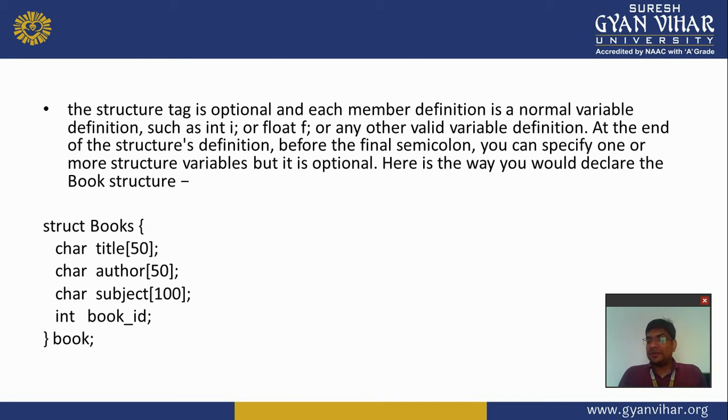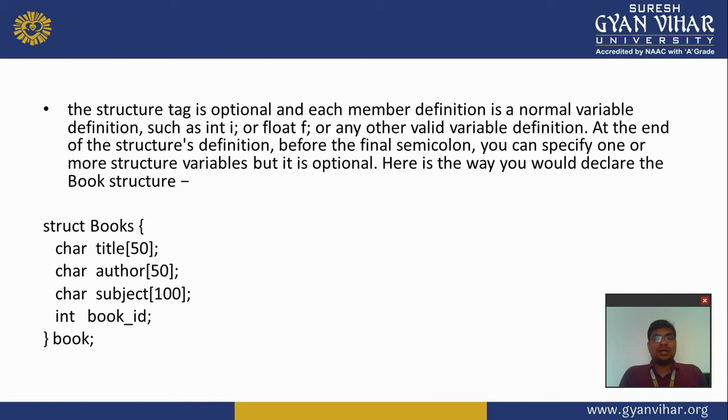First, the keyword struct. After that, the name, books. And always remember that the names of all identifiers are case sensitive. If you give a capital B in the book's name, then in the whole program you must use the same name, capital B, small o, small o, k, and s. So all identifiers are case sensitive in C programming.